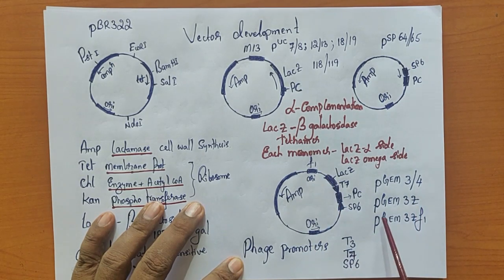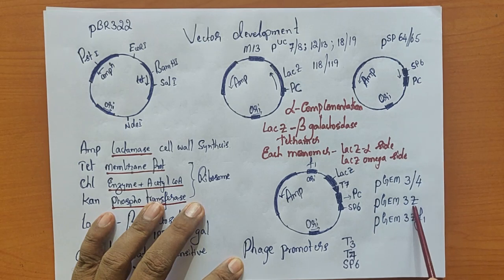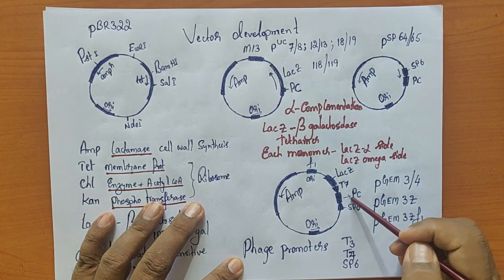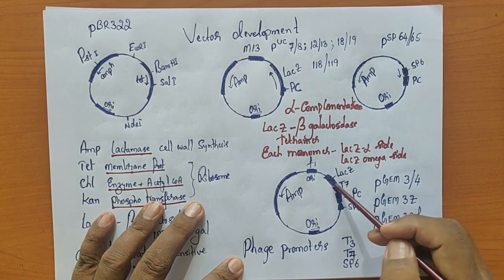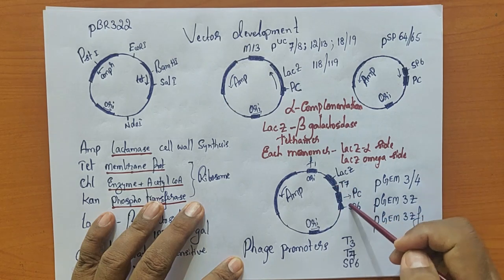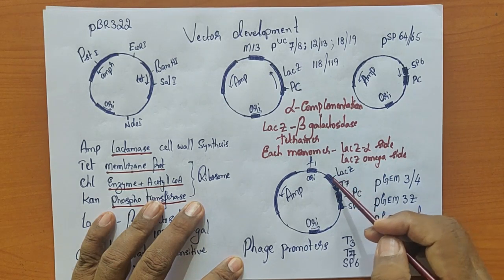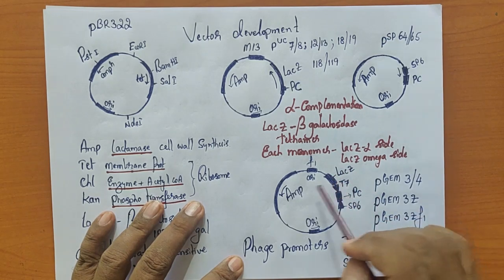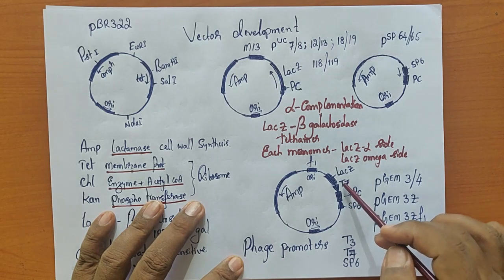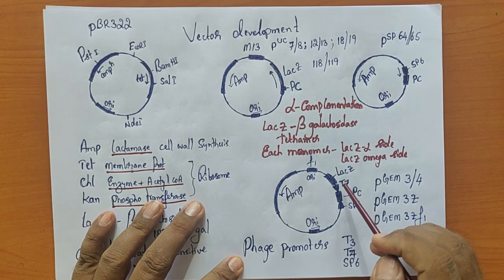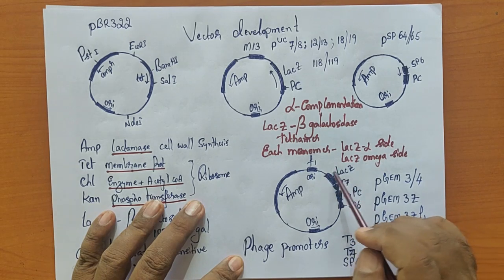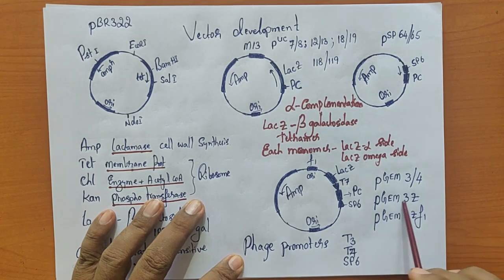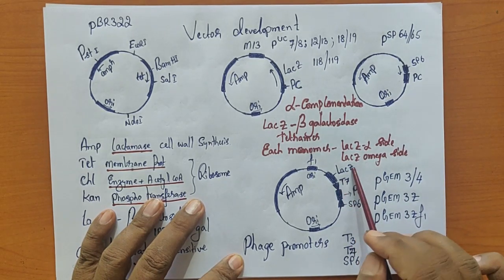Now over that, again, what they have done is that they have also made the pGEM3Z series. Here they have used the help of lacZ DNA. So now this is the polyclonal site, SP6, T7, then we also have a lacZ DNA. If none of these things are working, then we can introduce the DNA of our choice under this lacZ DNA, and we can use the promoter. That promoter can be used by induction, in fact. So here we can activate using a specific polymerase enzyme. So all these promoters are under strict regulation. So in the pGEM3 series, we have the polyclonal T7 SP6. In the pGEM3Z series, apart from this, we have the lacZ DNA.